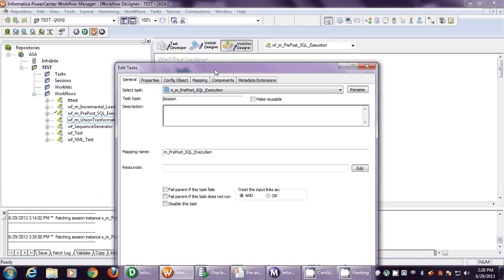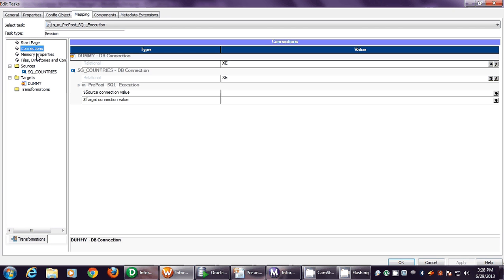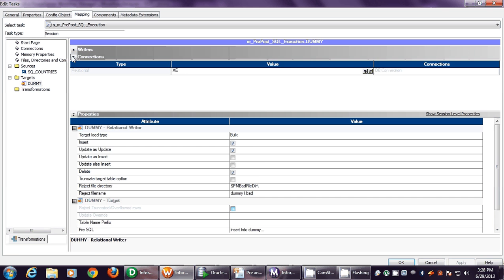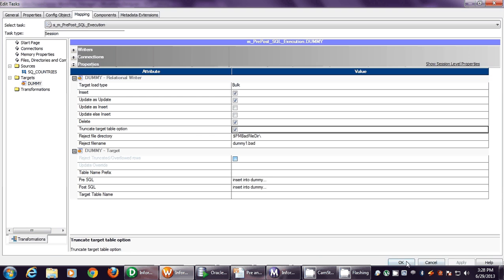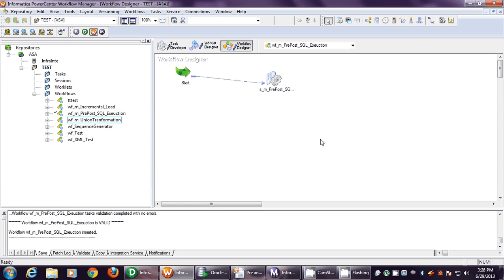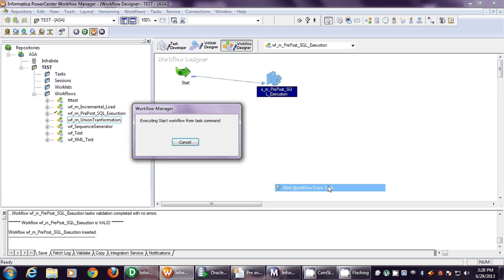Check the connection. Okay. Select truncate target, so if we have any old records already at target level, those will get deleted. So I'm done with the workflow creation. Execute the workflow.